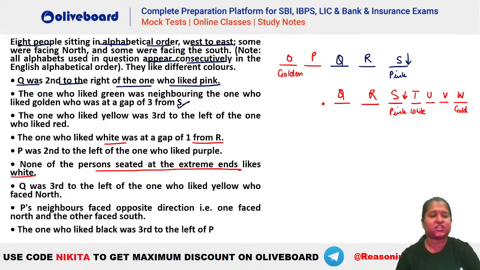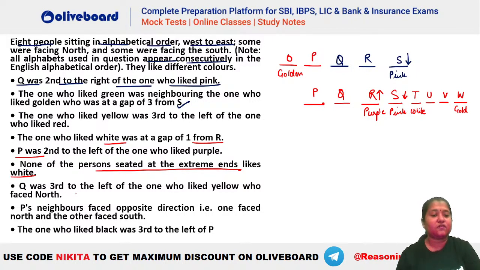Now P was second to the left of the one who likes purple. Again you can see we should have a P also. So in the second case P has to be here and P is second to the left of purple, तो यहाँ पर purple ये होगा and R के second left में है, you can see R has to be facing the north, तभी second to the left आएगा। इस वाले case में देखो, either of the possibilities, that is P is second to the left of purple, so R can also be purple or we can have another person before O, right? N भी हो सकता है कि N आपका purple है और उसके second left में P है, ठीक है, चेक करेंगे।